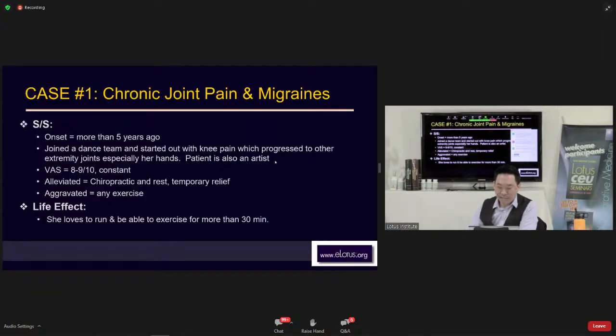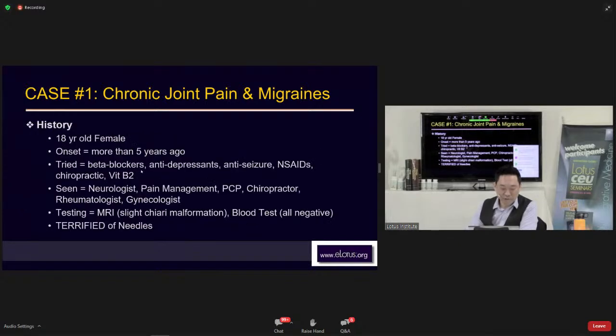She joined a dance team and started out with knee pain. This is how it progressed, which progressed to other extremity joints, especially her hands. Patient is also an artist. Her pain, this is a visual analog scale, so the pain scale is 8 out of 9. It was constant. The chiropractic and rest provided temporary relief when she got the adjustment, but then it would all come back, right? Remember, she is 18 years old,